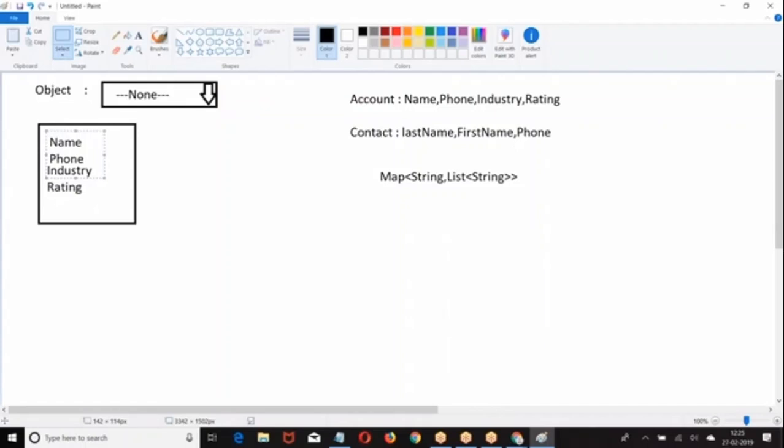Now create a map with the object name as a key and a list of fields as a value. First get all the keys, and create them like a pick list. Then whichever object is selected, based on that object, get the corresponding list of fields displayed in the pick list. Whatever fields are selected, write the SQL query on those fields and display the data. Try out this example from your end.